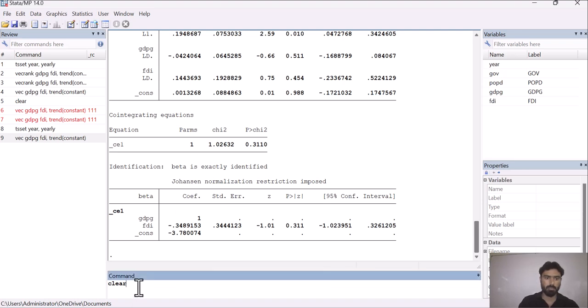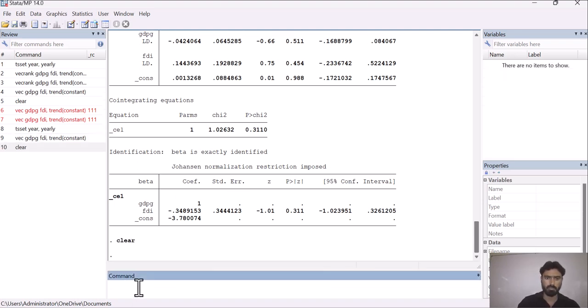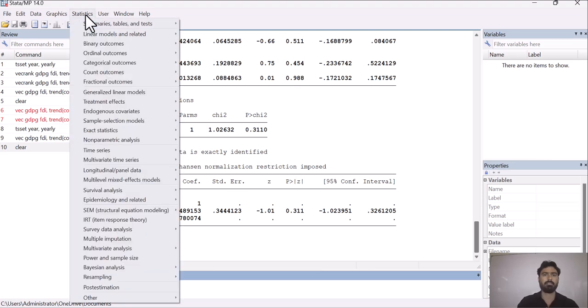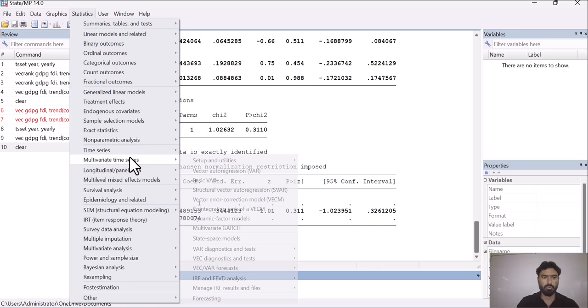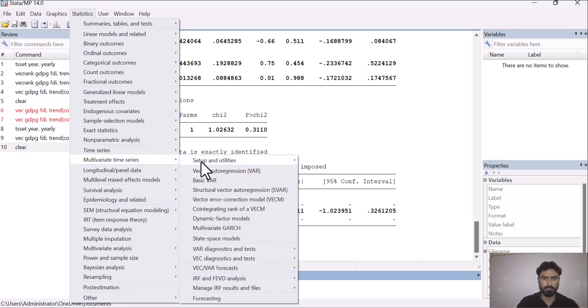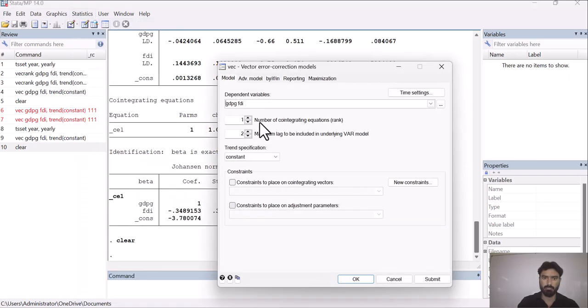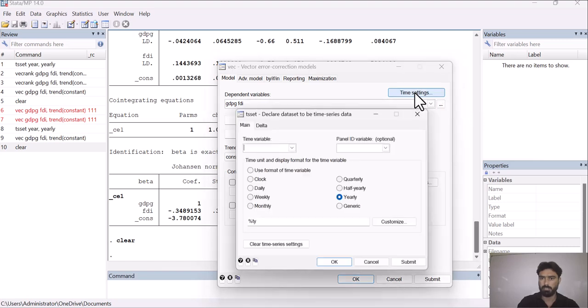So first of all, clear everything which we have done before. Then go to statistics, go to multivariate time series, and go to vector error correction model or VECM. Then click on OK. Here, as we have already selected GDPD, GDPG and FDI variables, then go to time setting.